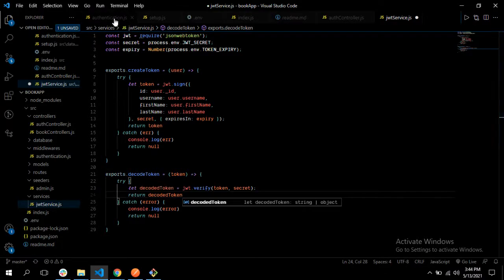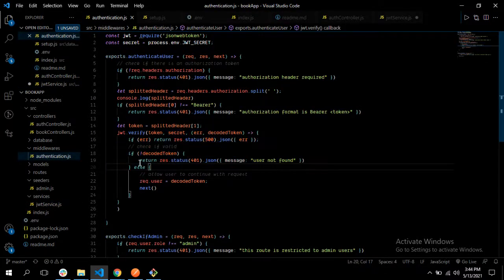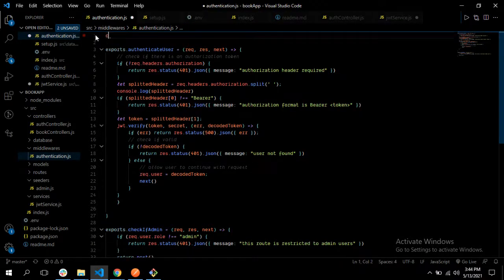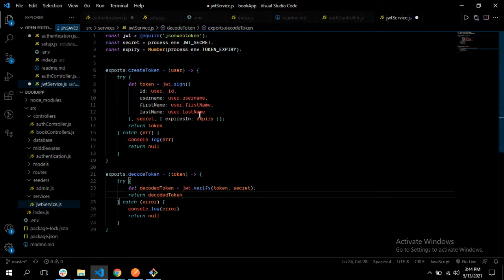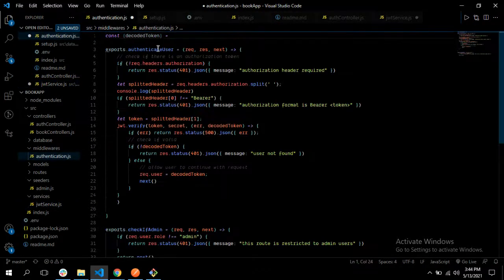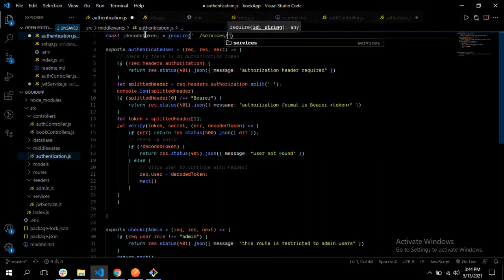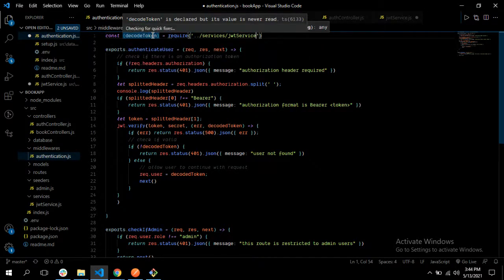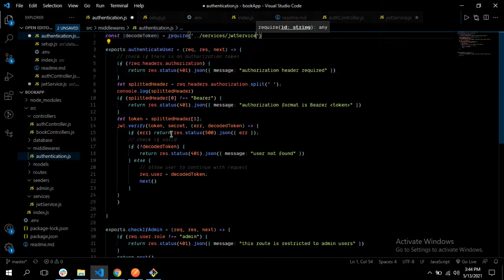And so let's try this here, and let's require this function, const decodeToken. So what I have here, decode token, yes, the decode token equals require services slash the JWT service. Okay. Yes, okay. So what I need to do here is just say